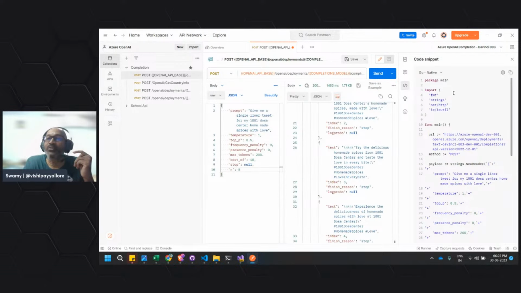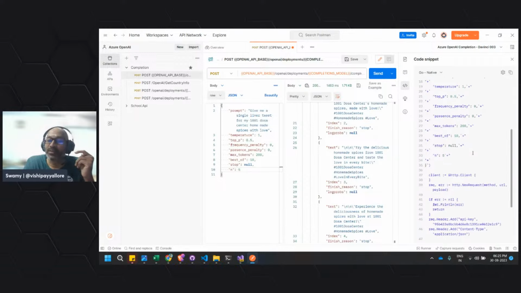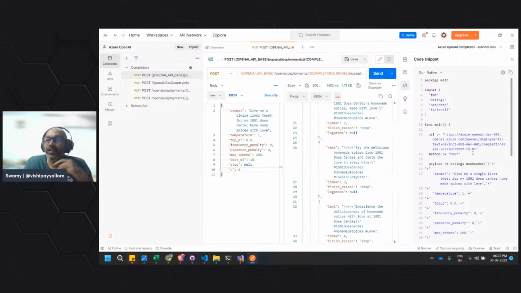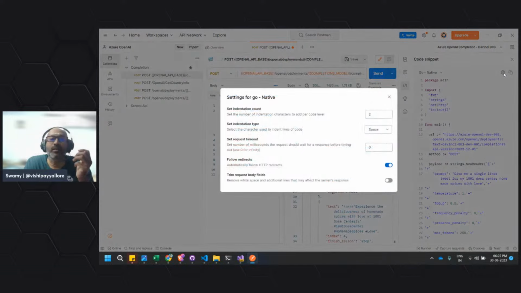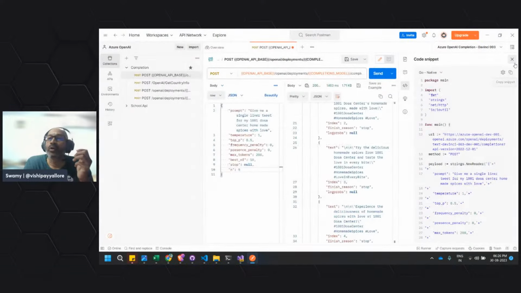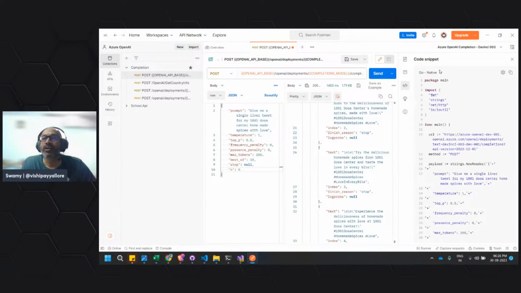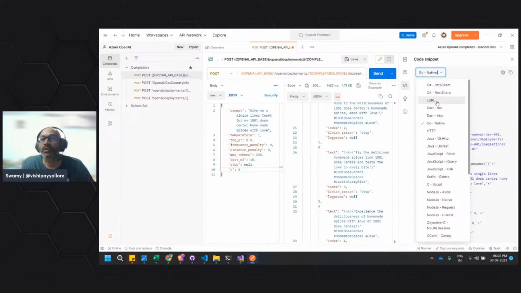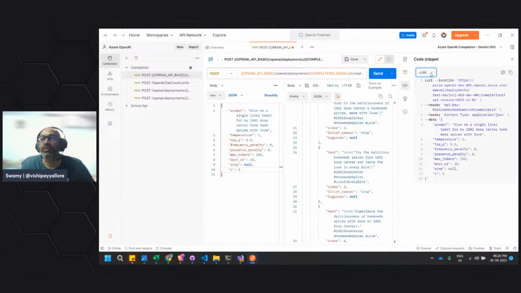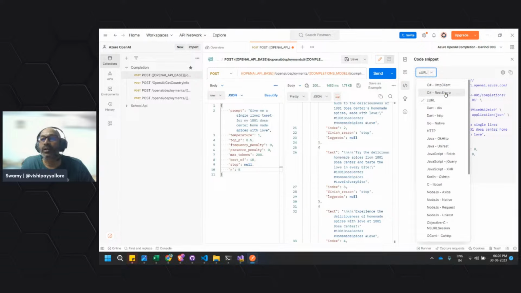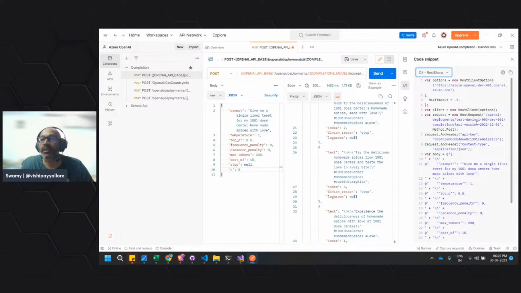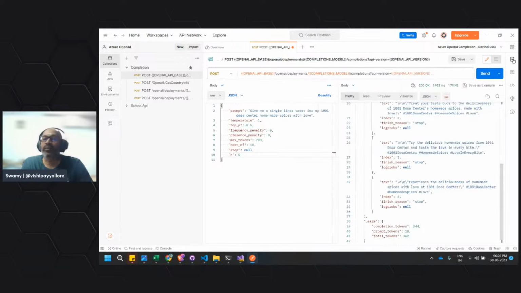See this, if you want to try that in Go language, you need to do this. Okay. Now if you want to try in a different language, you can go and generate that in different languages. Okay, it's in Go. Suppose you want the curl, you can use this curl. Okay, similarly if you want to do it in RestSharp or something, like that you can do different items on this, so you will see those things.